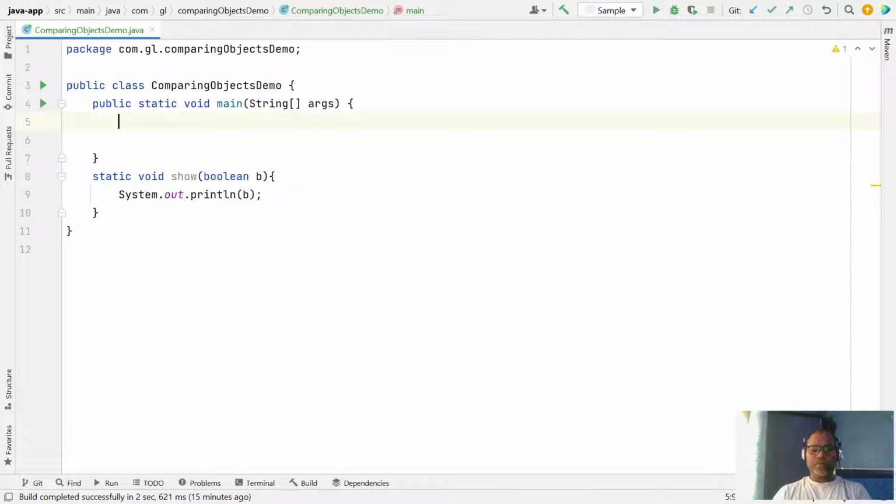As you know, for comparing two values, value 1 and value 2, generally we use the double equal to operator.